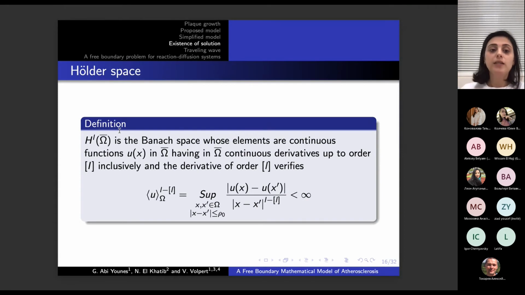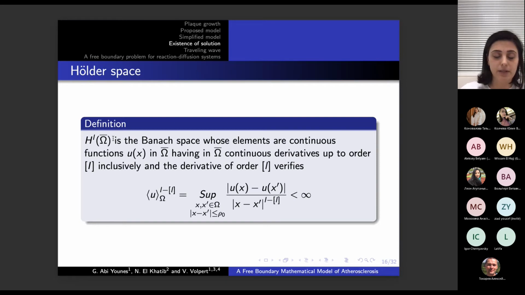Before I proceed, I need to recall a definition on Holder spaces. By the definition, H^l of omega bar. First of all, l is a non-integer number, so it can be a fraction, for instance 2.5 or any given non-integer number. So H^l is a Banach space. In this space, all elements